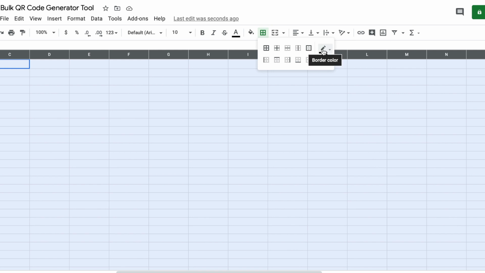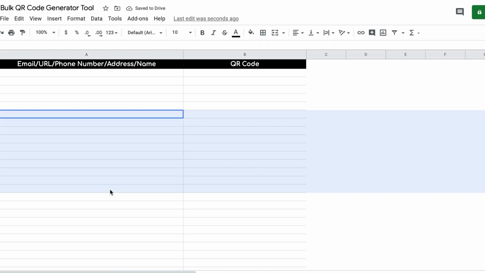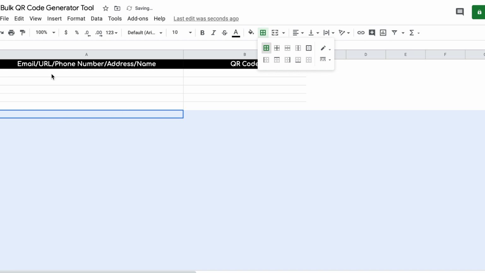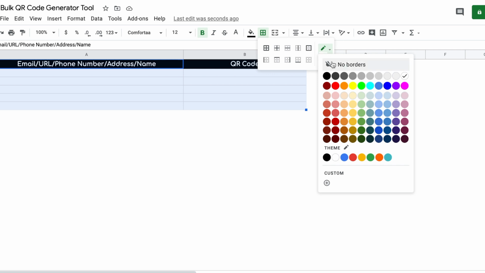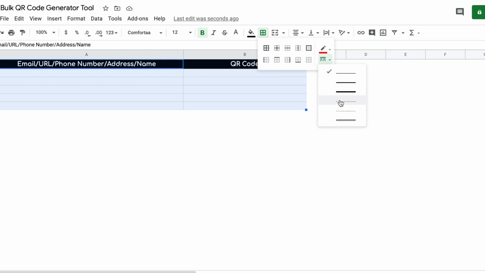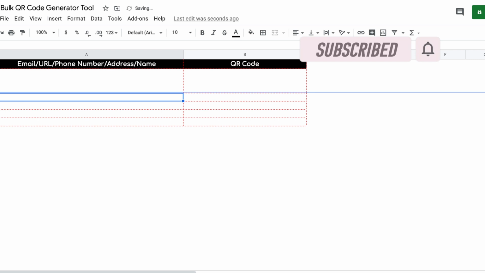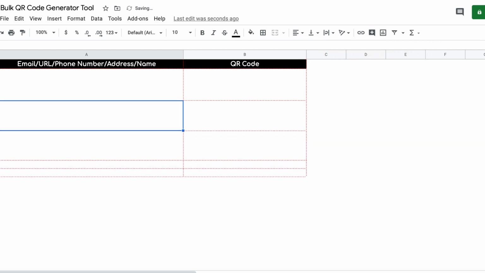And then this part is not necessary. Again, I'm just doing it to make it look more professional. You can leave it as it is. All right. Alright, so our table is ready. I will have to resize the boxes because the QR code will take some space.